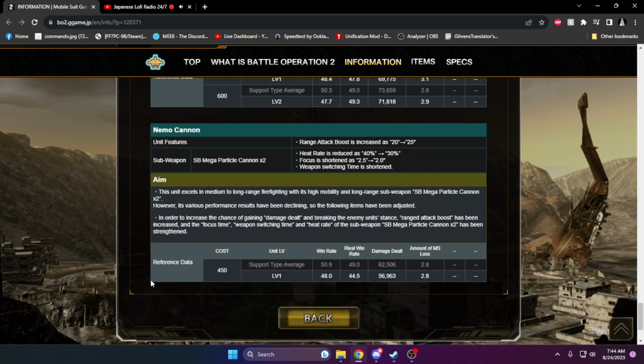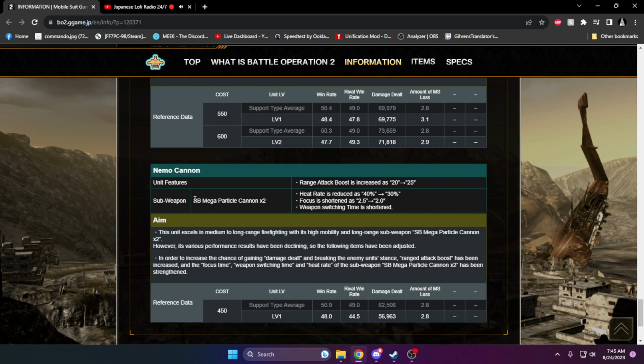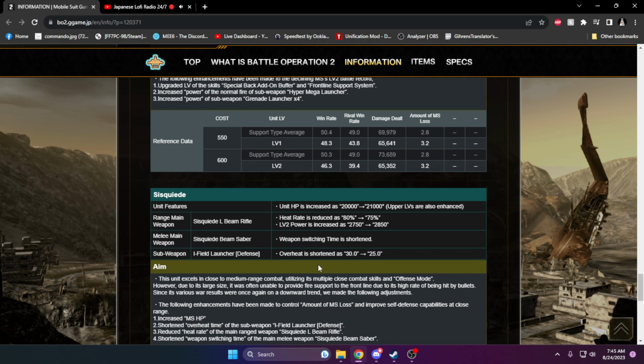And the Nemo Cannon, which I don't have, so I don't really have any opinions on this suit. Range attack boost is increased from 20 to 25. I didn't know the range attack on this thing was so low. And the mega particle cannons that it carries on its back, heat rate is reduced from 40% to 30%. Focus is shortened from 2.5 seconds to 2 seconds. And weapon switching time is shortened. So those are some decent changes to help with the backpack. I heard a lot of iffy things about the backpack because it wasn't able to follow up or something like that. But those are the changes for this